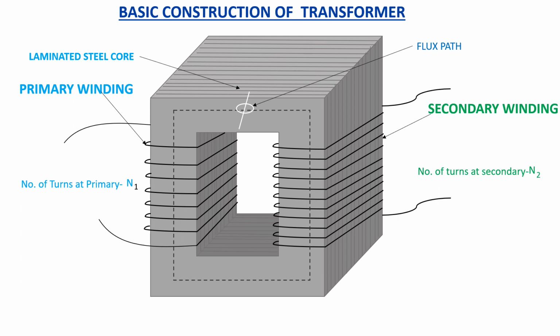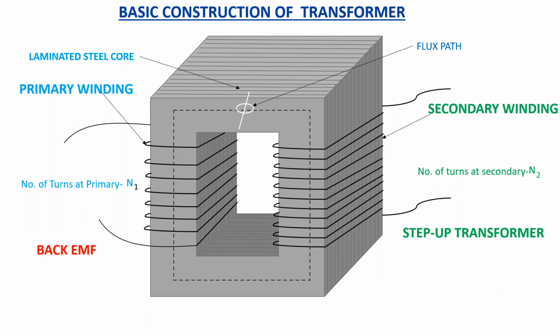Thus, the energy is transformed from primary winding to secondary winding by means of electromagnetic induction without any change in frequency. The flux phi also links with the primary winding and produces a self-induced EMF. This self-induced EMF opposes the applied voltage in the primary winding. This EMF is called back EMF. In fact, this back EMF in the primary winding limits the primary current.